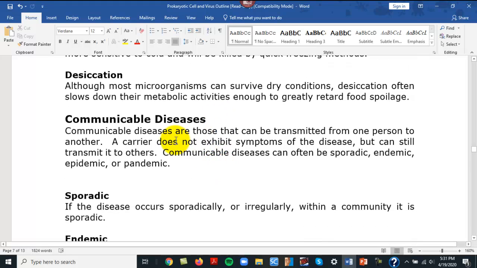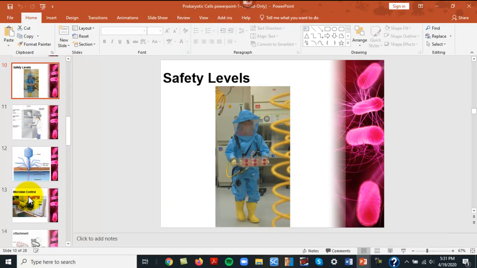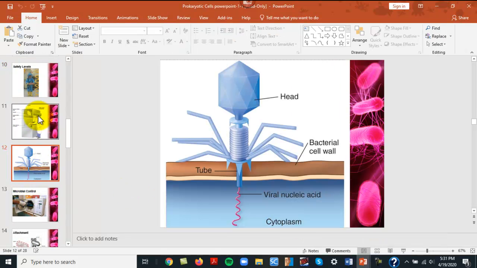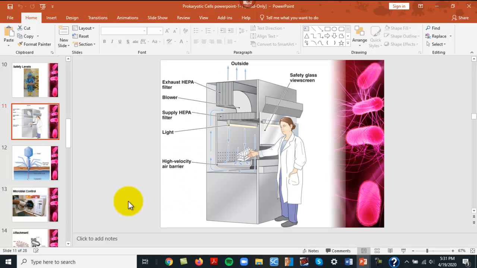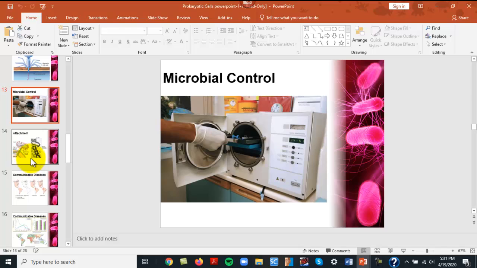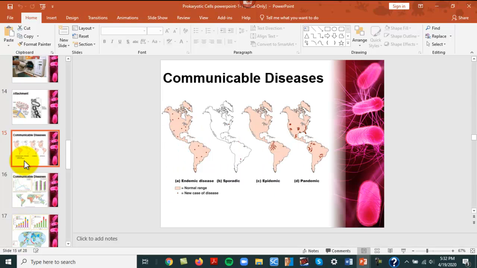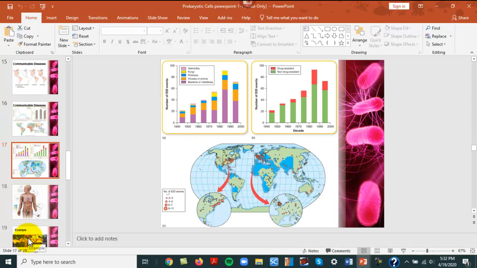Okay, the term communicable diseases, that is person-to-person contact. Oops, and we went to a virus there. There's a HEPA filter that's sucking up the fumes. There's an autoclave. That's an example of how filters work. And then I wanted to show this,